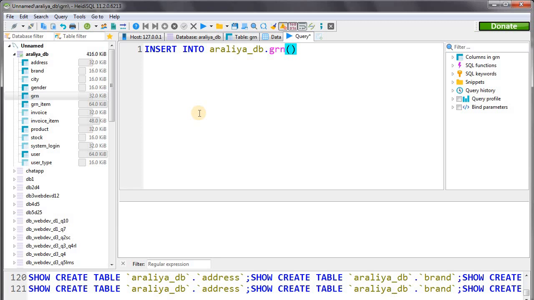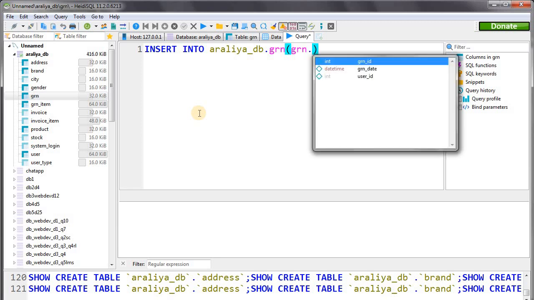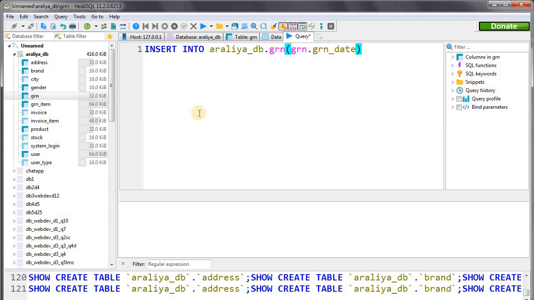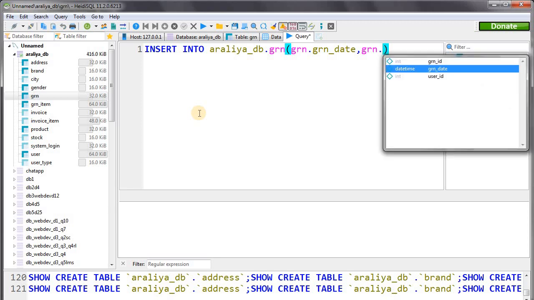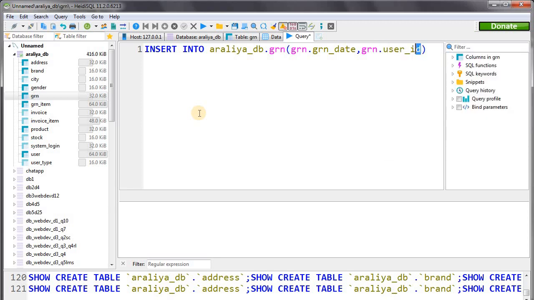We have to enter data to GRN date and, in the GRN table, user ID. Let's put these attribute names within brackets. Okay, here, and now we can enter our values.